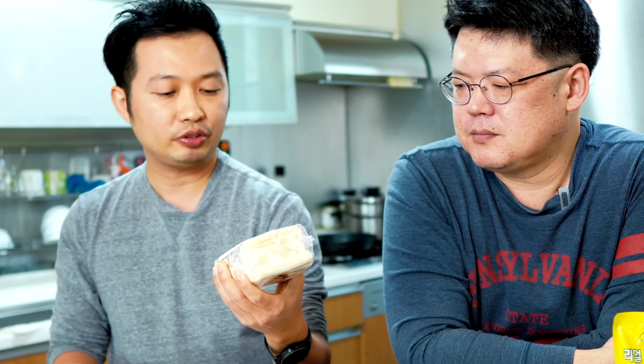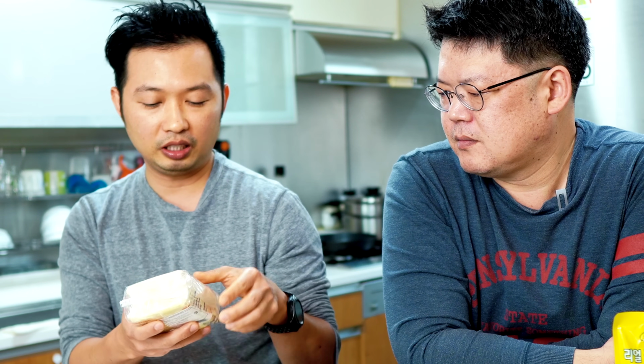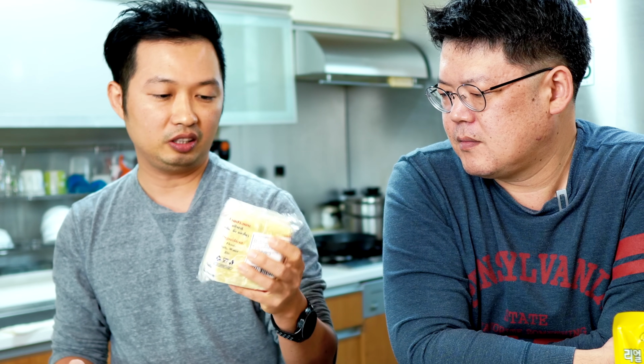Actually, I haven't tried this one. They don't sell the siomai wrapper here in Korea. So one day I went to the foreign market and saw this. So I think. And after siomai,